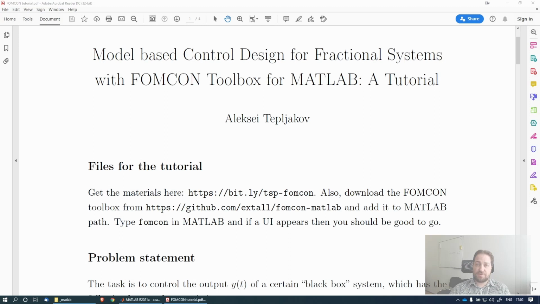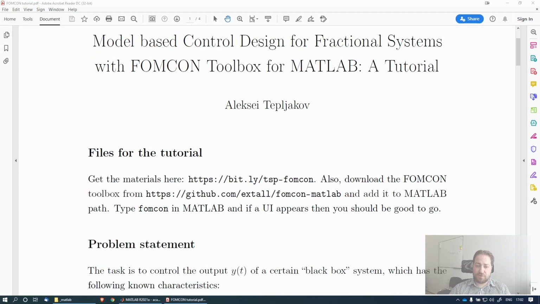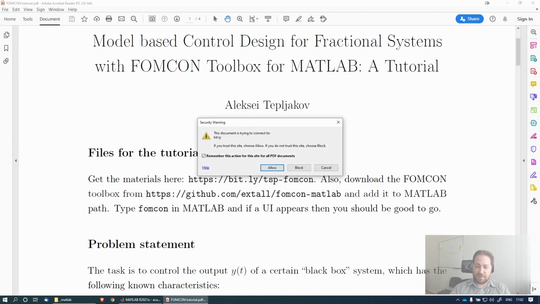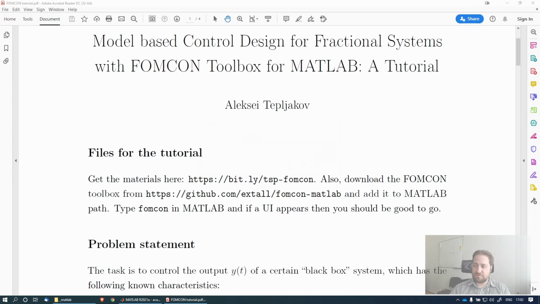In this workshop, we're going to have a look at FOMCON Toolbox in what we refer to as the model-based control design workflow. So this is a kind of tutorial for which you will also need some files. So please go to this website over here, which is referred to by a short URL. And when you click on this one, you will actually get